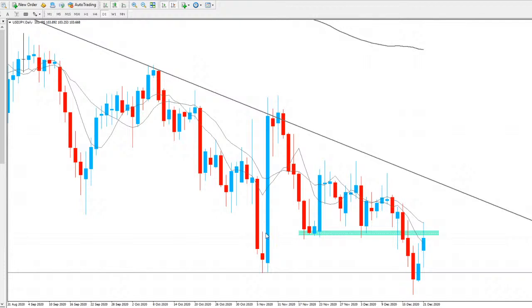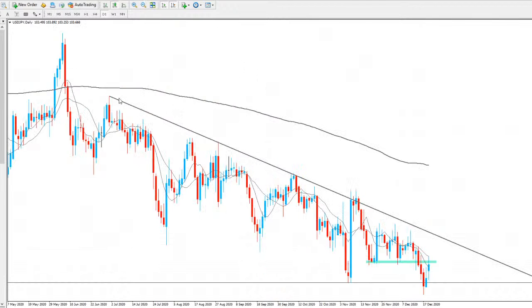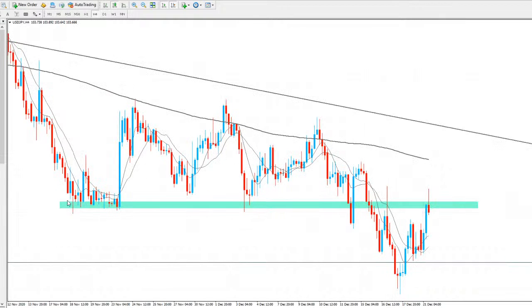Now we're retesting that same area as daily resistance. So again, it's going to need a lot of momentum to break that and get a daily close above it. Then we could say that we had a break above, and now we could potentially be looking to go and test this trend line here for a 5th test. As you can see, initial test there, 2nd, 3rd, 4th. Now that we've created our lower low and been showing some bullish signs, we were expecting a 5th test, but again, we do have a barrier in front of us, this daily support now turned daily resistance.